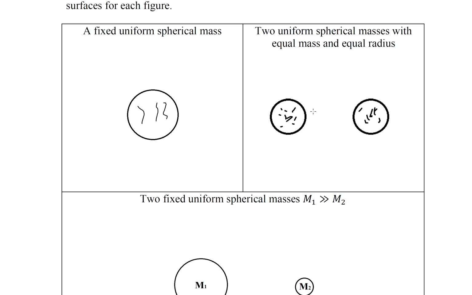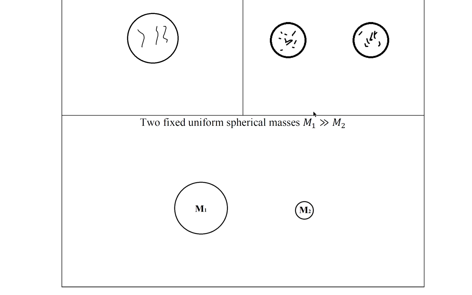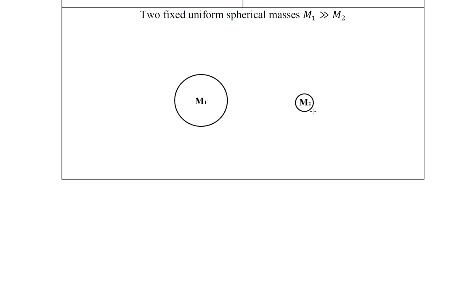So for the image on the top left, you just have a fixed uniform spherical mass. The image on the top right, you have two equal masses with equal radius, equal density. They're fixed. This image here, you have two fixed uniform spherical masses with M1 having a greater mass than M2,